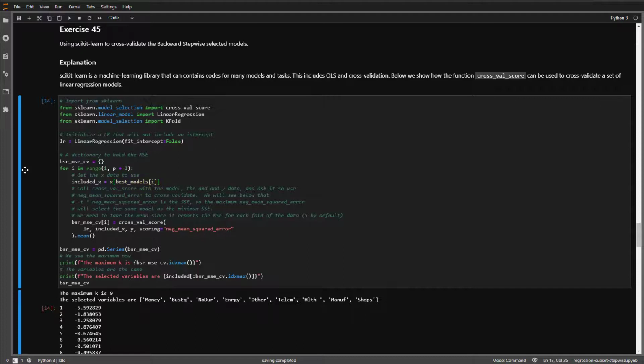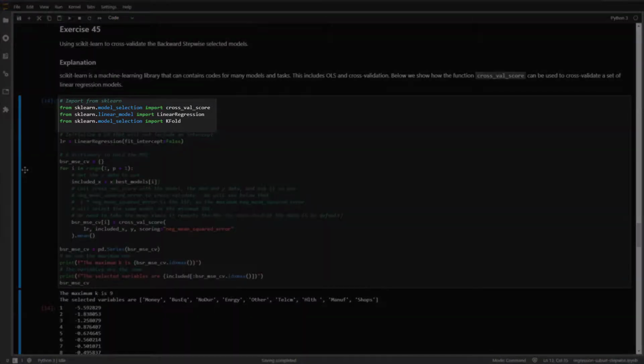This is ultimately going to lead to a simpler method of cross-validation. In particular, we don't need to write our own cross-validation routine. We can simply use this function crossValScore to cross-validate the model. So we're going to start by importing 3 things: crossValScore, which is imported from sklearn model selection, linear regression, which is available in sklearn linear model, and KFold, which we'll use a bit later, which is available in sklearn model